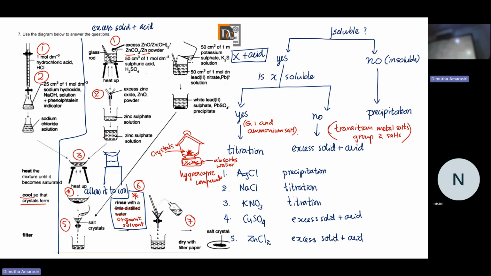Shall we check the answers? Right. Statement 1: add excess, any of those, zinc oxide, zinc hydroxide, zinc carbonate, zinc powder. How do you decide that? We are now learning reactions with acids. Any of those will react with sulfuric acid. To make zinc sulfate you need sulfate ions and zinc from any of those. So you select anything such as zinc oxide. Add zinc oxide solid little by little to excess warm sulfuric acid until it won't dissolve.